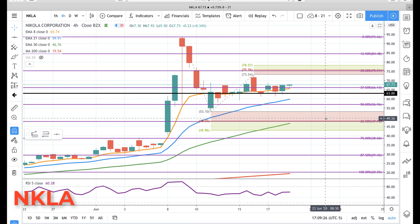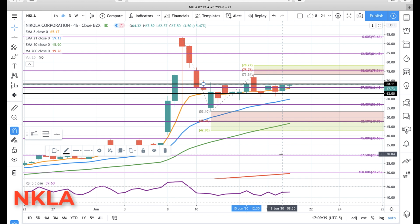So, Nikola 4-hour chart holding the rotation zone, trying to get a rotation up. Some minor level right here. Let me mark that off. There's a key level right about here, the 68.10 area. If we start moving above that tomorrow, we'll start watching for that 73.24, 75, 76, 78.27